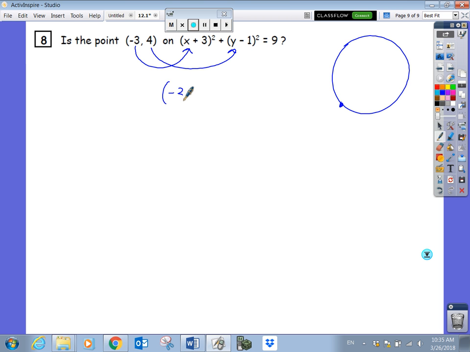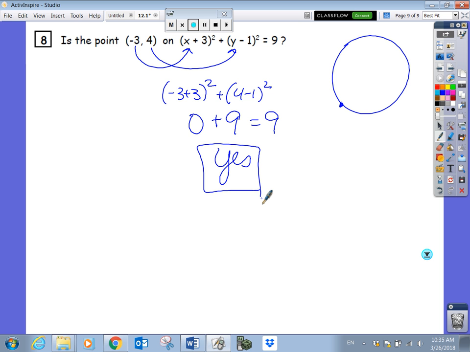So negative 3 plus 3 squared, 4 minus 1 squared. Negative 3 plus 3 is 0. 0 squared is 0. 4 minus 1 is 3. 3 squared is 9. 9 equals 9. That's not the answer. If I say, is this point on the circle, you don't answer me with 9 equals 9. You answer me with yes or no. So in this case, it's yes. If you had got 8 equals 9, then the answer would be no. Okay, so whenever it asks if something is